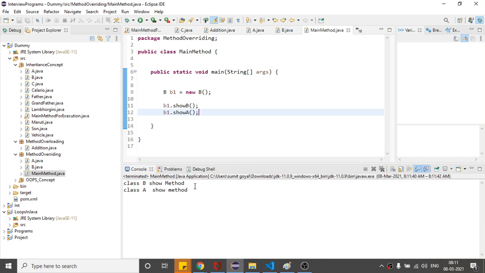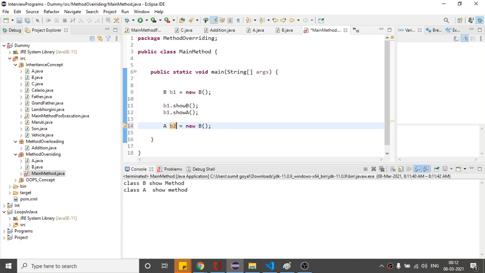Is it clear to everyone? Okay, I hope it is clear. So just suppose if I do like this, A b1. Please try to understand this, because many times people get confused about what will happen if I do like that. So if I give some other name, b2, this is our object name, or the reference variable if you want to say.